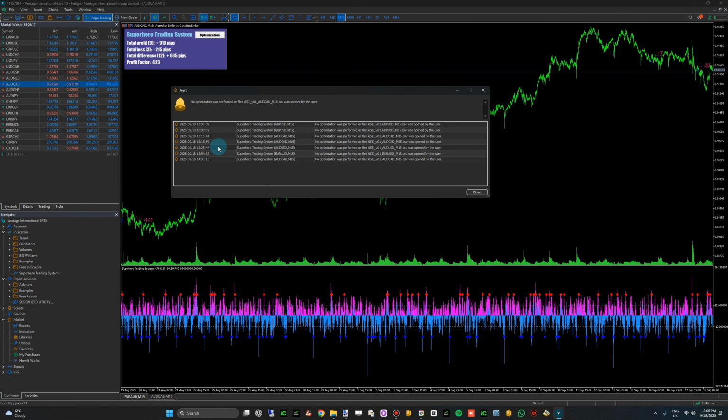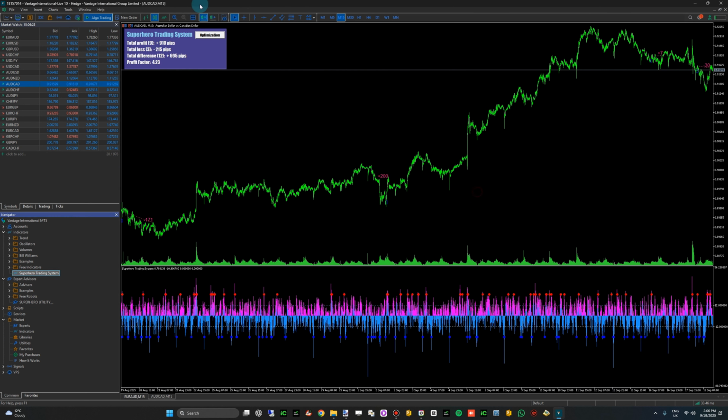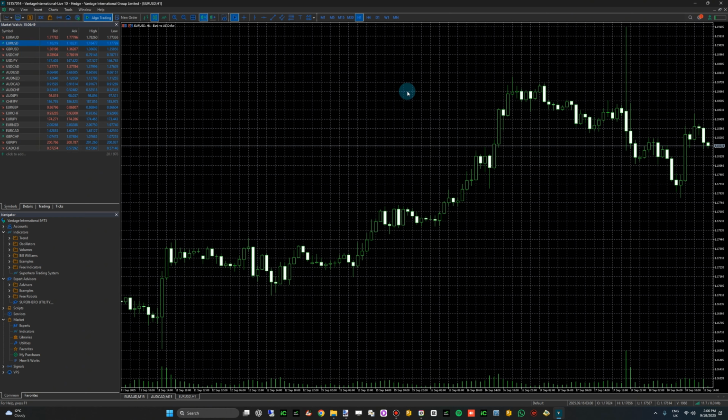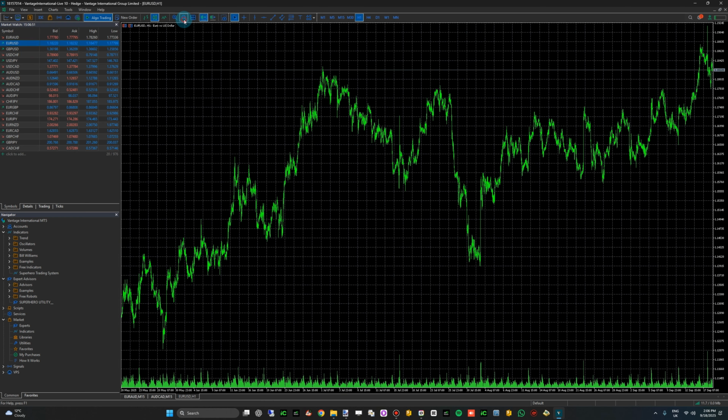The system is asking us to perform an optimization, primarily because we have not yet selected the necessary parameters for the strategy. For this particular asset, we will once again click on the optimization function. And at the same time, it's possible for us to select another asset to analyze, for example, the euro versus the US dollar pair. Let's go ahead and open the price chart for it, shrink this chart down a bit,